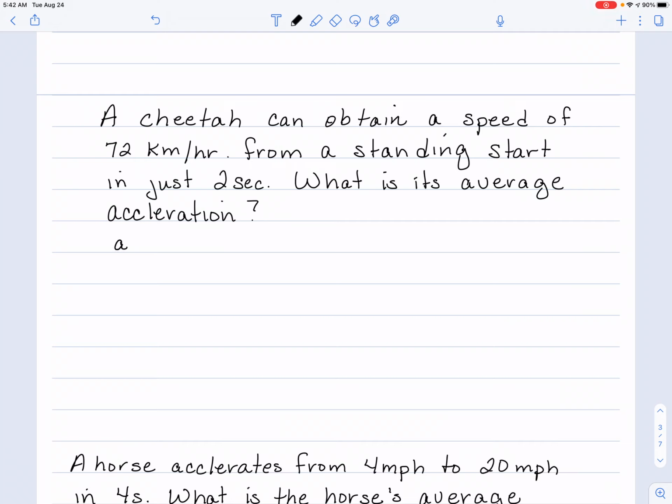So we know we're looking for average acceleration. He can obtain a speed of 72 kilometers per hour from a standing start. So he's starting off standing still, not moving. But then he reaches 72 kilometers per hour. And he does this in a time of 2 seconds. Okay, well, we have kilometers per hour,